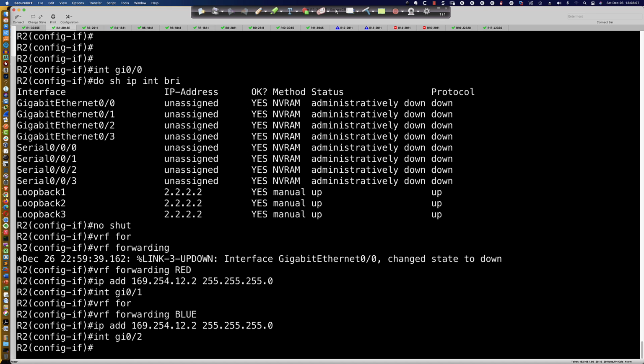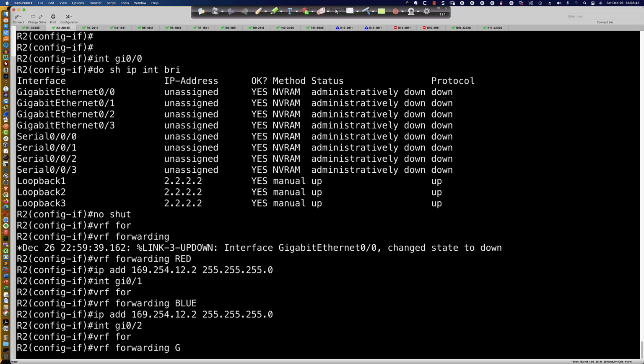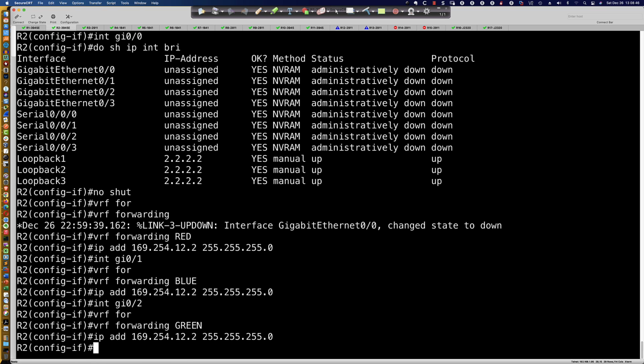And again, these transit segment links, we're using these APIPA 169 addresses, which is a common thing to do because you're not routing to the transit network. You would be going to either something beyond the transit network or to a loopback address, and these are unroutable on the public internet, right? Another reason that you would use these as your transit links is to make it more difficult for somebody to get to the device. And we're going to say VRF forwarding green, and then the up arrow a few times, and